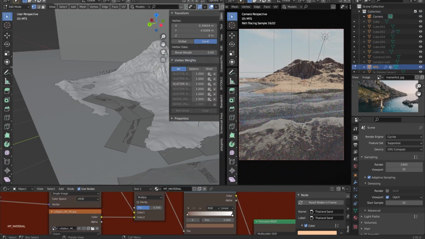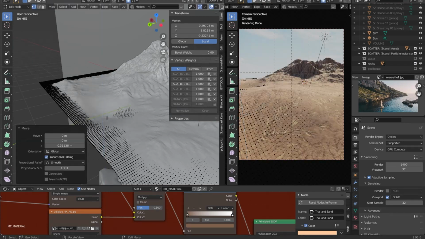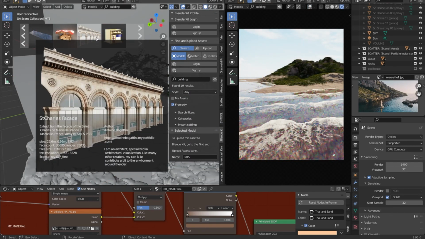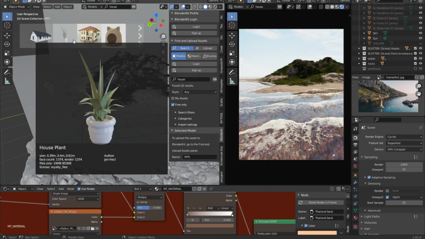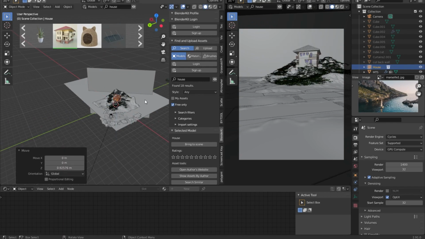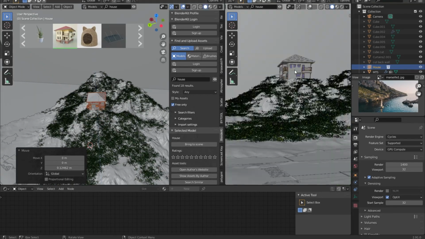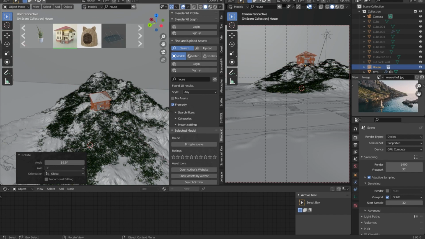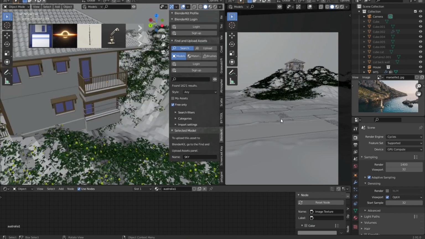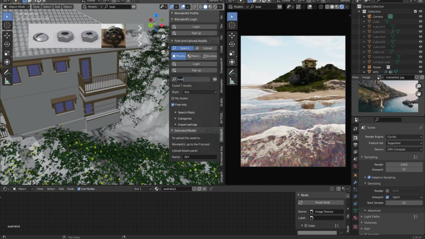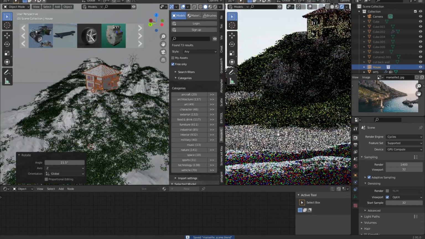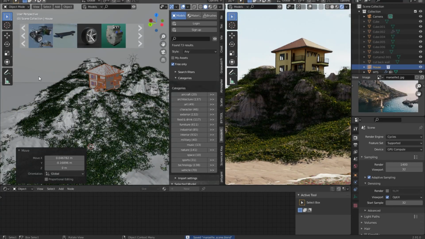So I'm back in Blender, just totally revamping my scene here. I'm going to be sculpting some things with my terrain and starting to add in some details from BlenderKit. I wanted a house, but I didn't really want to spend too much time sculpting it. The focus of this exercise for me was more on the landscape generation, so the house was kind of an afterthought. Usually I'd model a house or work on it on my own, but for this one, I didn't want to spend so much time on it. So I got a really nice house asset from BlenderKit and threw it way in the distance of my scene. I also wanted to add in some stairs to this scene, like I said,